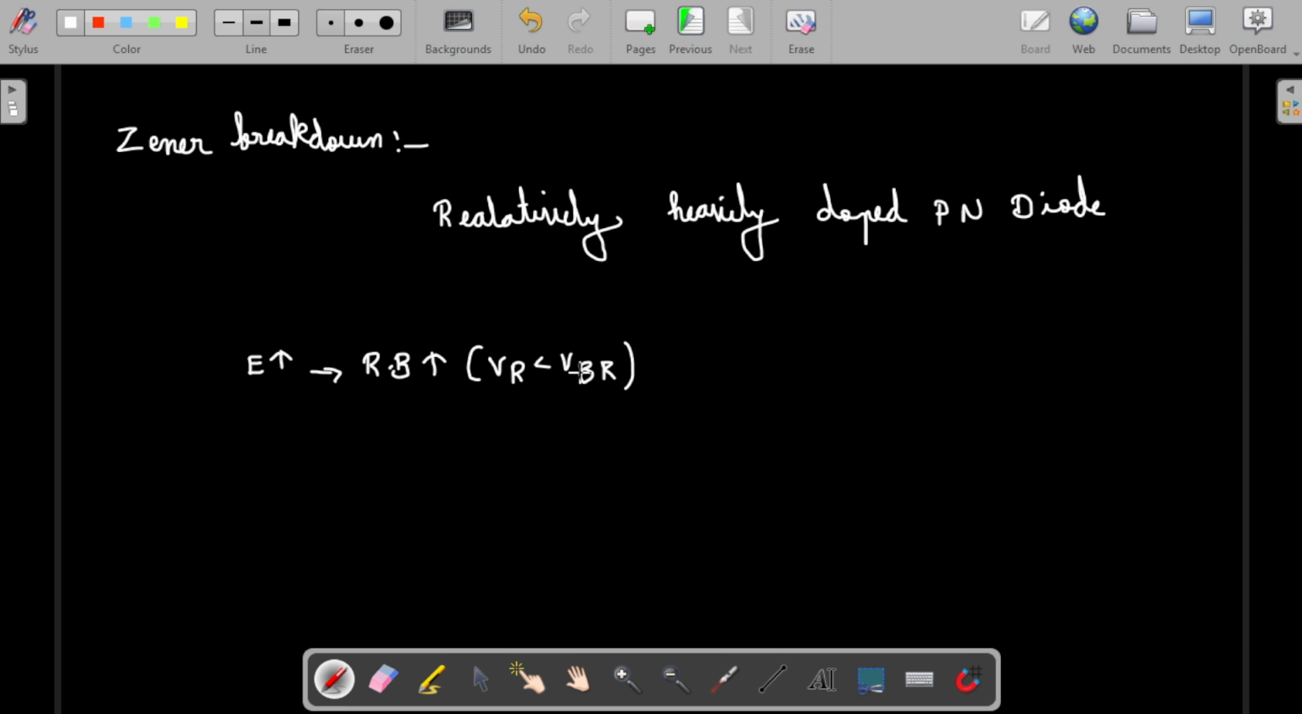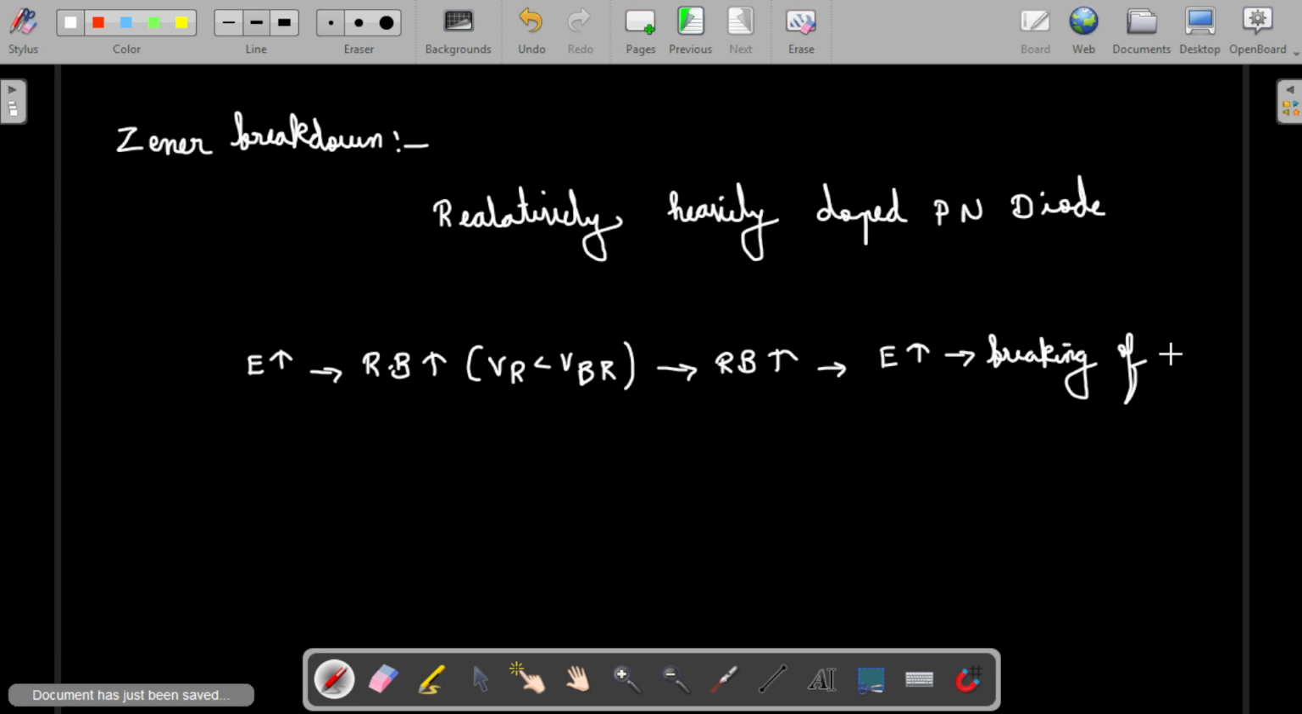Every diode will have a breakdown voltage. Only after that will it break down. Now if the reverse bias is further increased above the breakdown voltage, then the net electric field inside the depletion region will be high. The electric field will increase, and it will be very high and sufficient to break the covalent bonds. So breaking of covalent bonds will happen